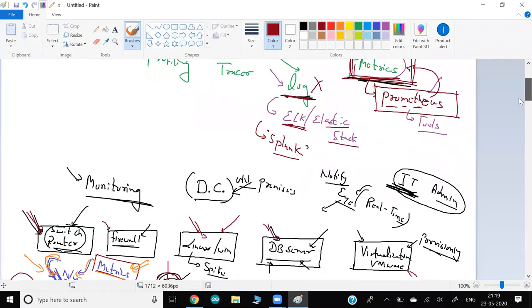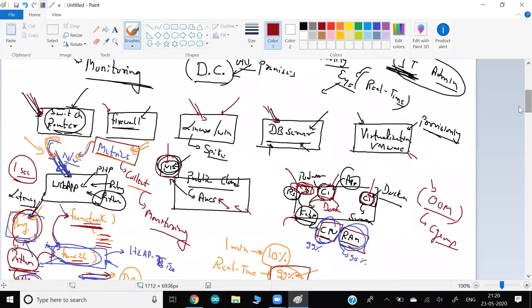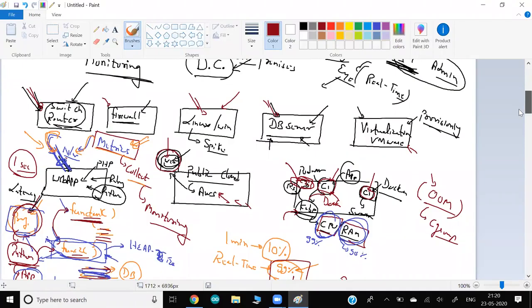Prometheus is a tool for monitoring almost everything, whatever technology you and I know. Whatever comes to your mind, there is a 99.9% chance you can monitor it from Prometheus. That's the great thing.